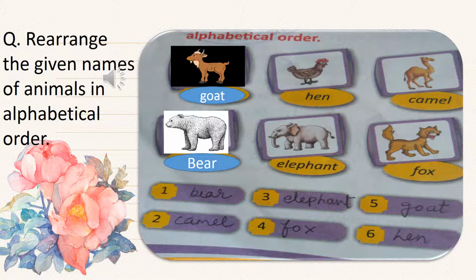If you notice, I have written these in alphabetical order because there is no animal with the name A. After A comes B, so B I have written on first place. After B comes C. C I have written on second place. We don't have any animal with the name D. After D comes E, so I have given E the third place and so on. You have to arrange these in alphabetical order.